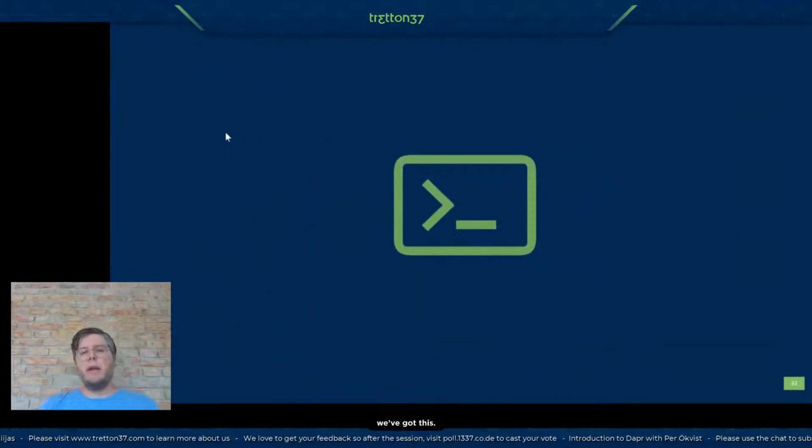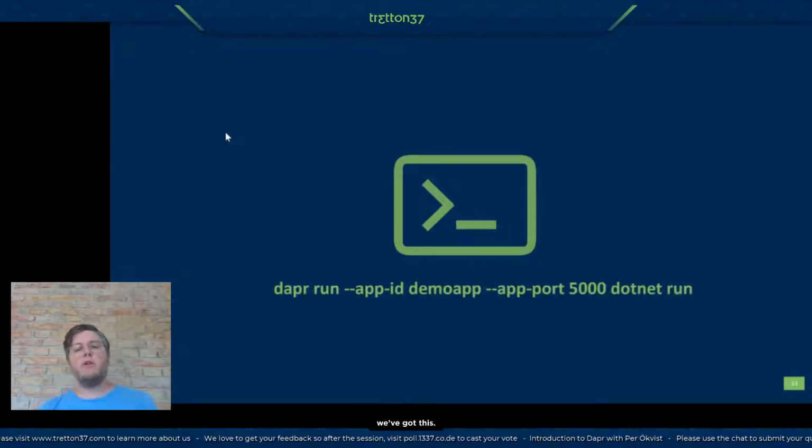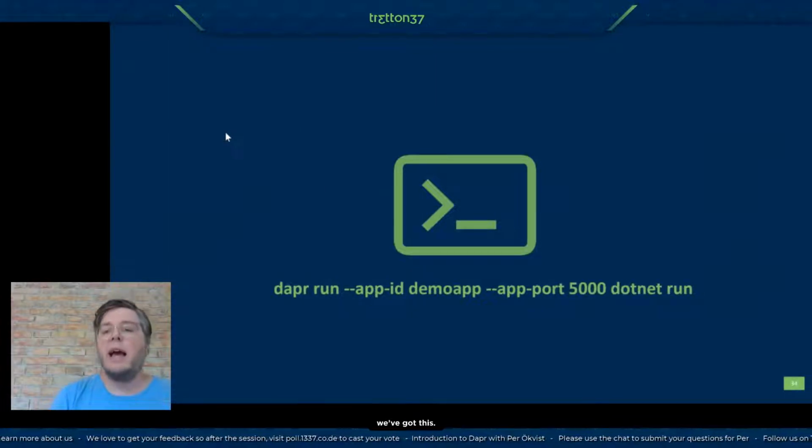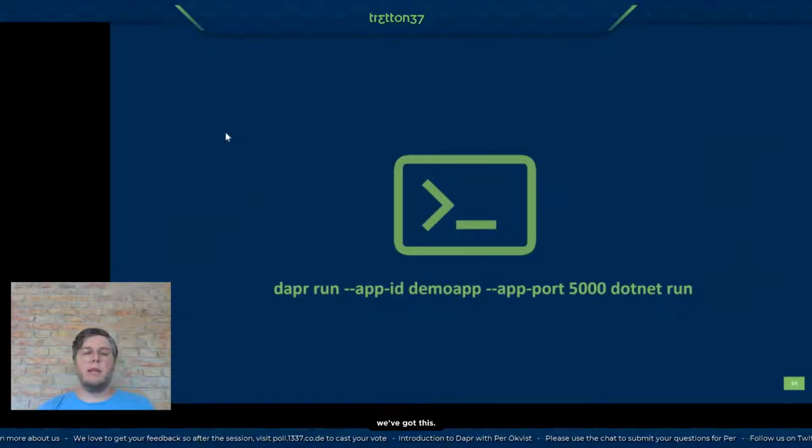But when running this locally for development, there is a CLI aiding you in communicating with the sidecar. And the most common command, of course, when you develop is to run something locally. Then you use the CLI Dapr run, and as you've seen before, you give applications an ID for resolution, and you saw this invoke URI that also uses this ID, in this case, demo application. Then you give the application a port so the sidecar knows how to communicate with it, and then the command to run it. So in this case, we're running some .NET Core application that is now utilizing the Dapr sidecar.